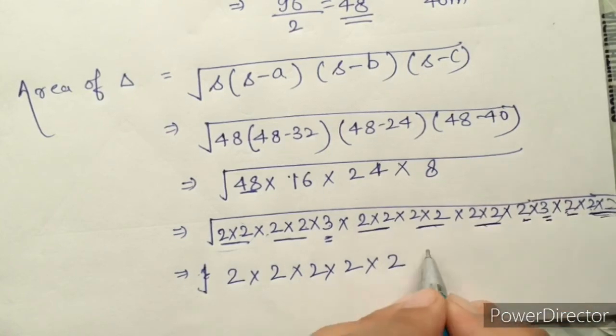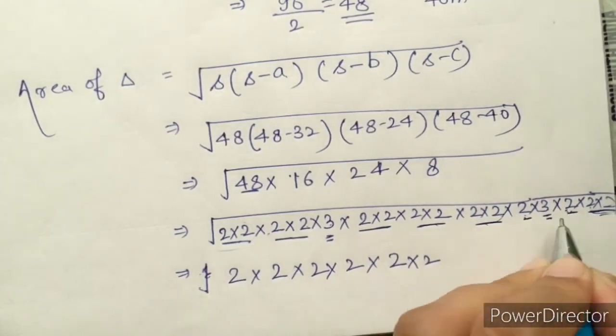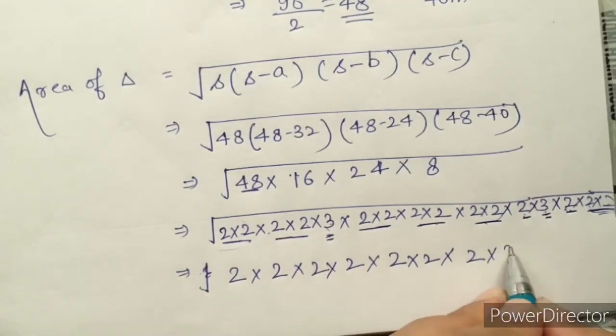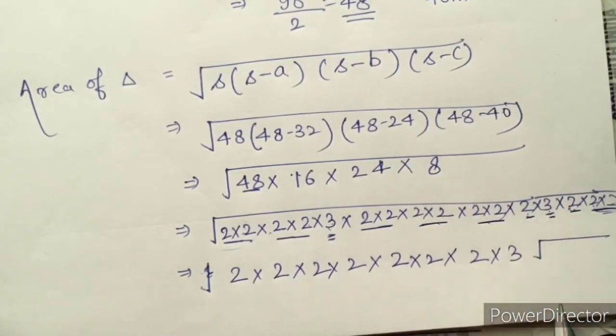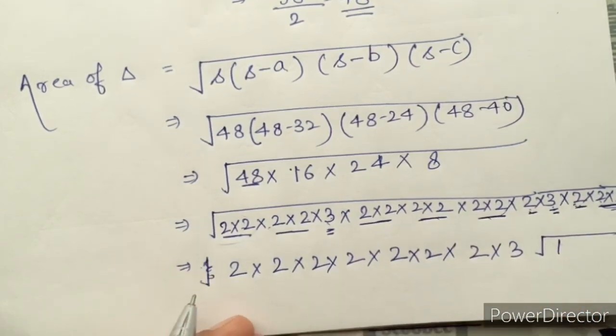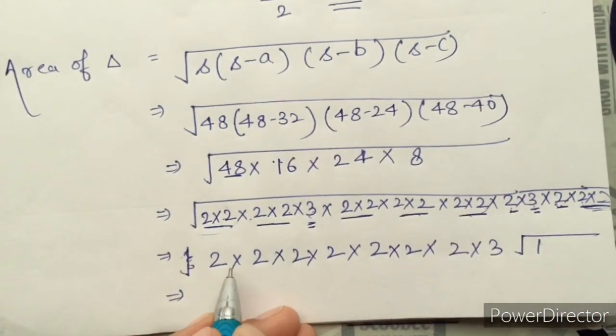और स्टूडेंट एक यहाँ से इन 2 में से बाहर निकल गया, इस और इस 2 में से एक बाहर निकल गया, और एक जो 3 का एक यहाँ पे था और एक इधर था, इनमें से एक बाहर निकल गया. क्या रूट के अंदर कुछ बचा? नथिंग इज लेफ्ट, 1 इज लेफ्ट. और 1 का रूट आपके पास क्या होता है स्टूडेंट्स? 1 ही होता है. ठीक है, अब हम इनको क्या कर देंगे?